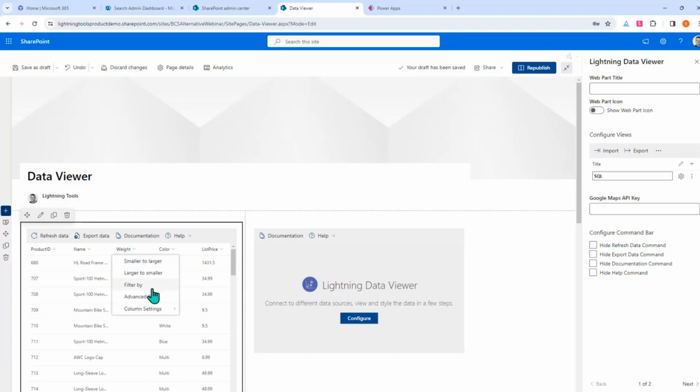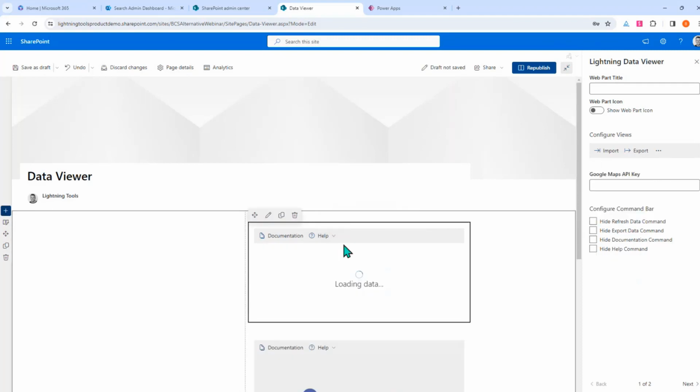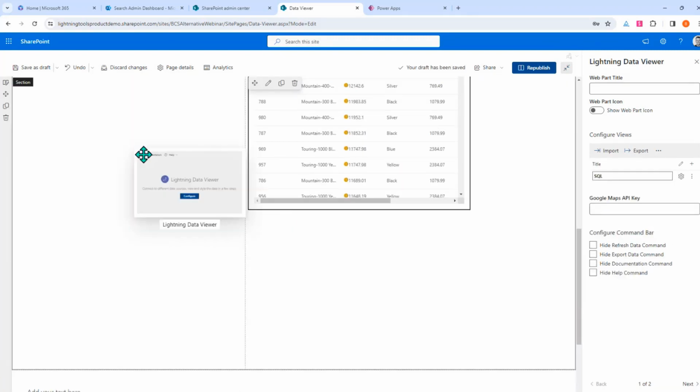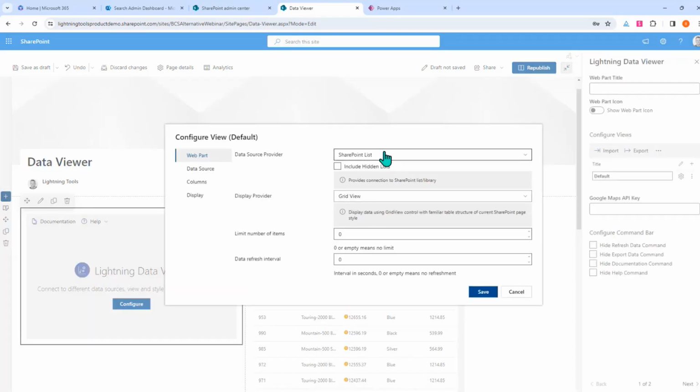And let's just do an easy thing here of sorting from larger to smaller. And there we go, we've got that conditional formatting being applied as well. Okay, so we've got our first web part here. Let's just actually switch these two around. So I've got the list over on the left, and I'm gonna configure this one